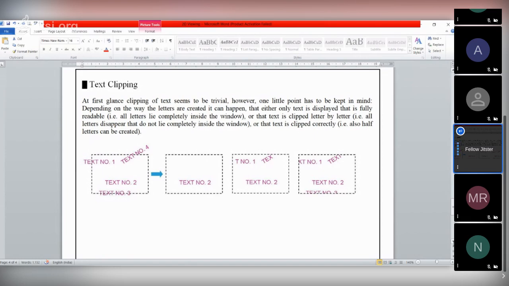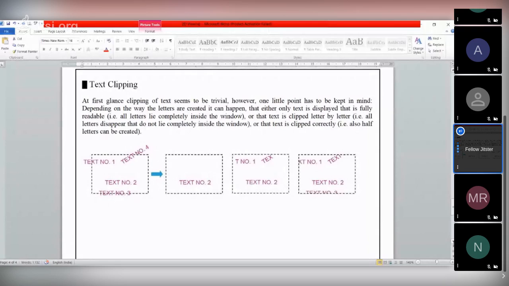Text clipping has three types. The first one is all or none string clipping. The second one is all or none character clipping.